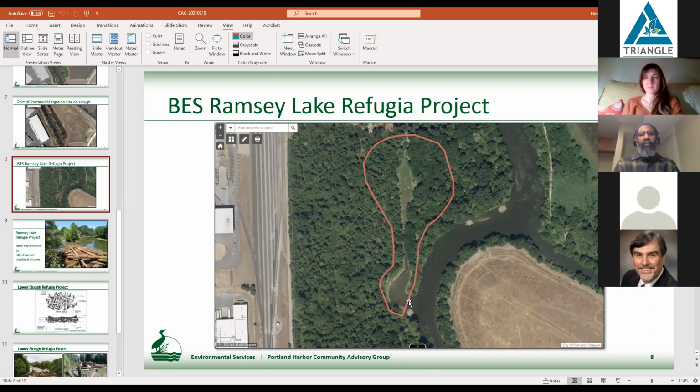So this removed that fill and reestablished this connection and excavated this alcove and this back channel, which has a very gradual slope going back this way. Of course, the historic lake would have extended far to the west off this map. This project included placement of large wood and this nice gradual slope that was reintroduced, as both seasonal flows and tidal fluctuations were able to reestablish seasonal wetland hydrology, which then supports new plant communities being established,